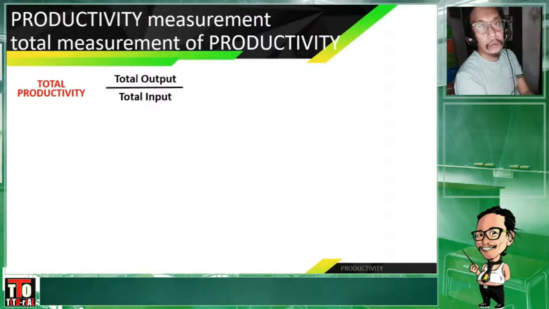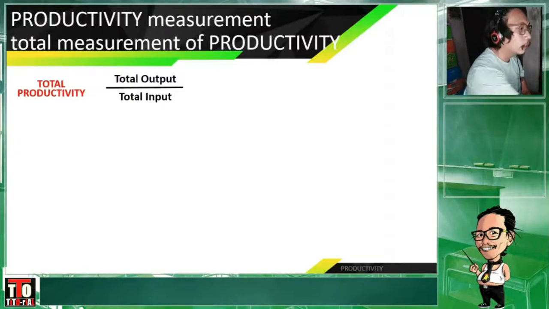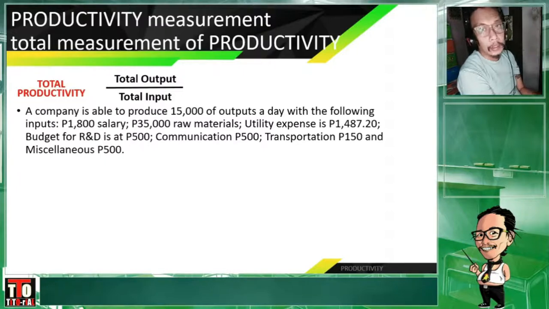Okay, let's continue now with total productivity. Sa total productivity natin, we use total output over total input. So, pag sasama-samahin na natin yung mga input. Okay? Now, again, the same company that produces 15,000 of outputs at 8 hours a day work